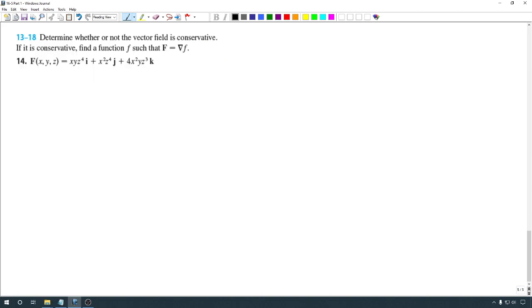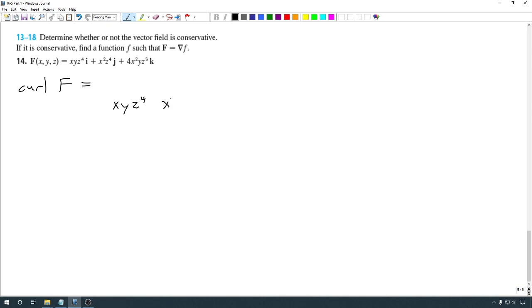So let's put this to work. We have a vector field here. We want to know, is it a conservative vector field? Is there a potential function, little f, where this capital F is equal to the gradient of it? Here, we're just going to take the curl first. This is basically just testing whether or not our derivatives turn out equal to each other, like we did in the last section. When we take the curl, we'll go ahead and put our 3 components as our